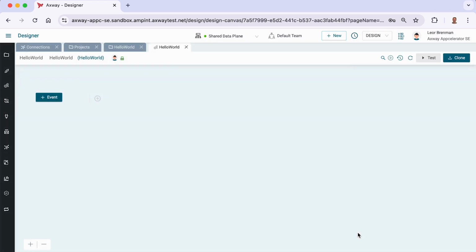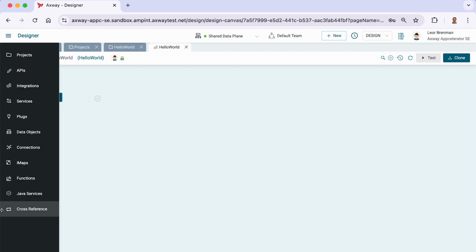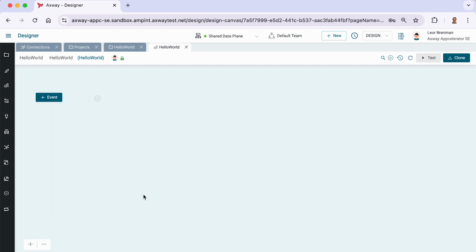And here you can see the canvas because it really is a no-code, low-code solution, and really it's no-code. You rarely ever have to write any code, and for that we do have a Java service. You would do that if there's some functionality that's currently not available. You could always drop down to Java to implement it.